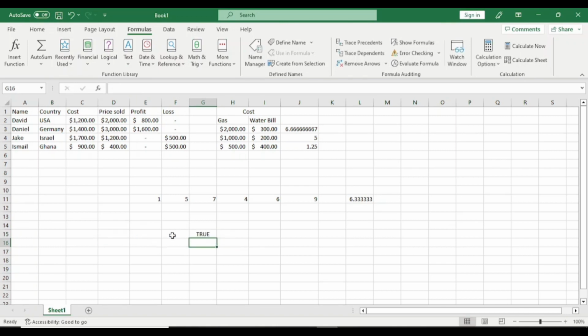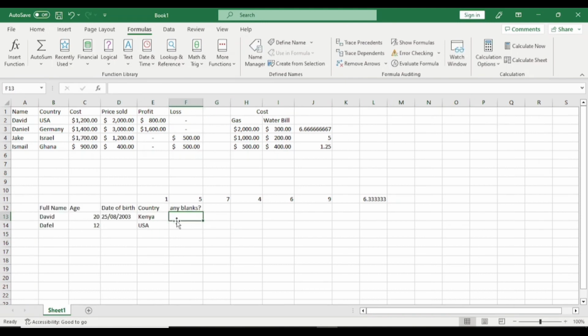So you can see it's true. It's actually blank. So for better explanation, let me give an example. The function will now tell us that okay, maybe they are blank, so you go and check it out to clean your data, so your data will be accurate when you analyze it. So let's press equals IS BLANK,